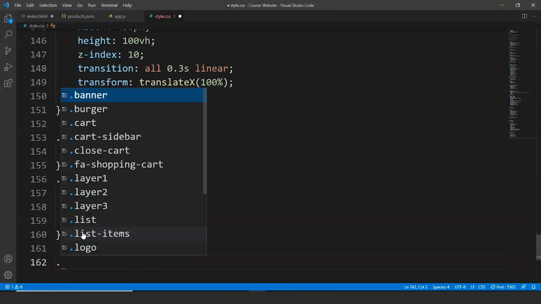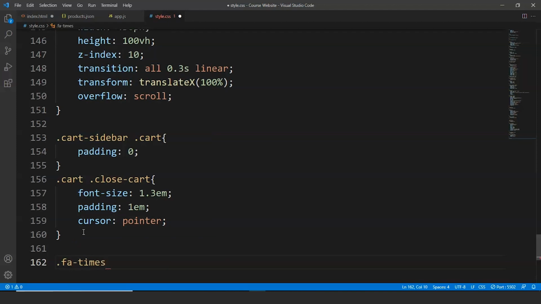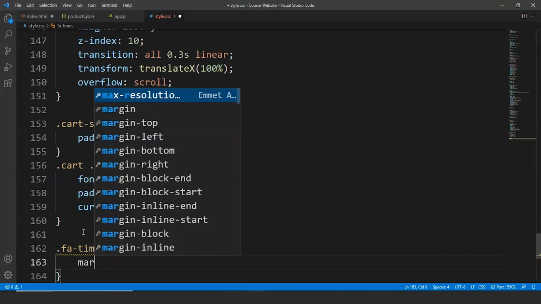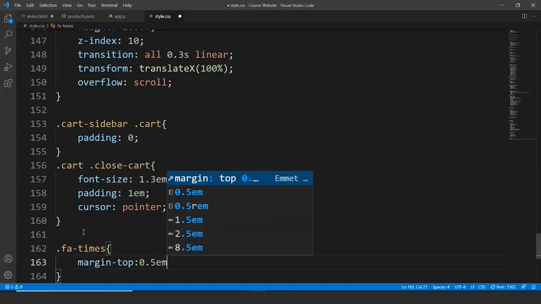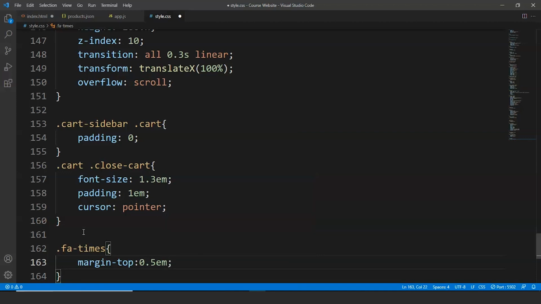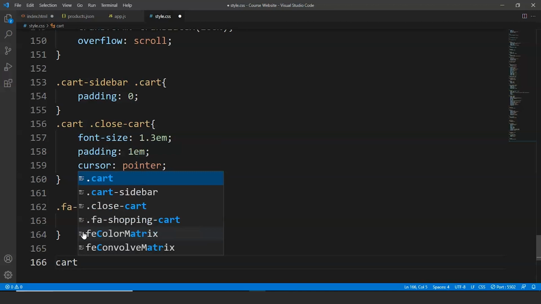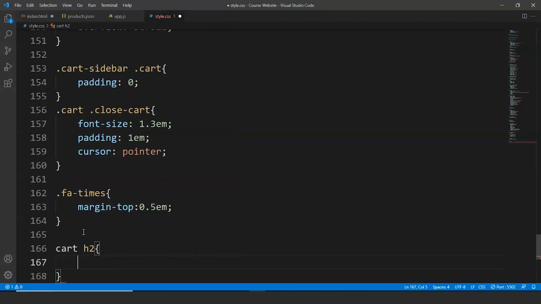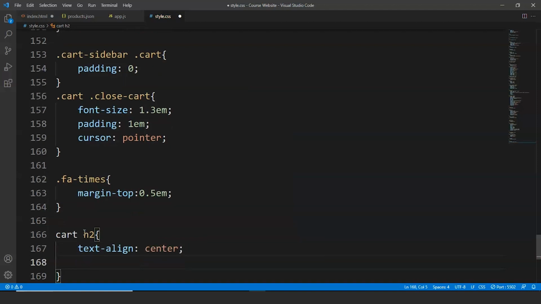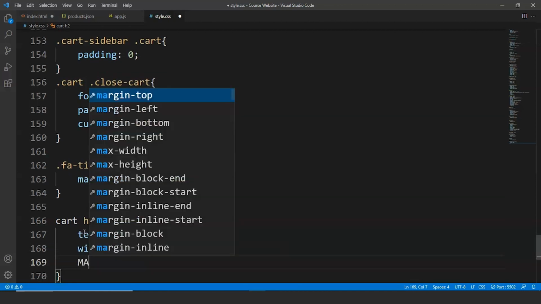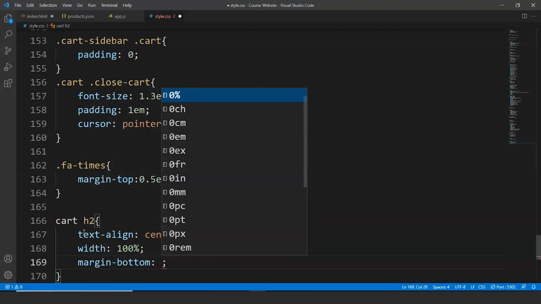We'll write here .fa-times. Inside this we'll write margin top as 0.5em, and we'll write here .cart h2 is text align will be center for the heading of a cart, which is your cart. So we'll write here width as 100%, margin bottom is going to be 1em,